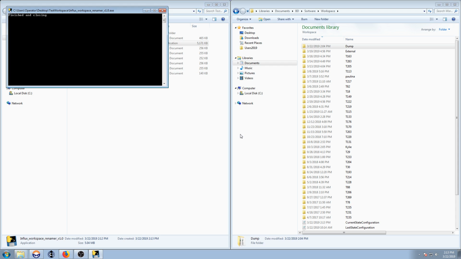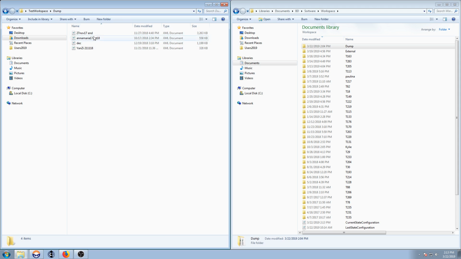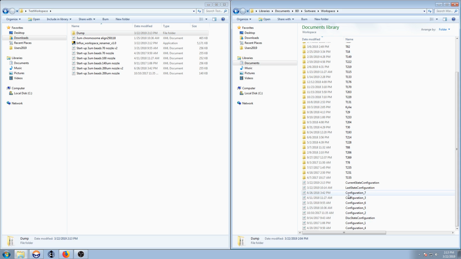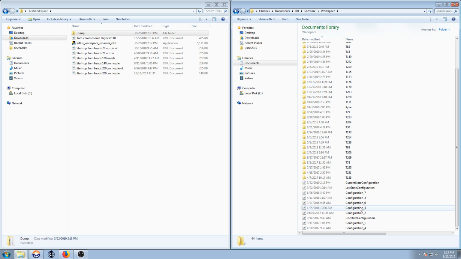You see it runs Python, it runs the script, and it's now renamed all the files. These files are still the same files, just with new names. And it's gone and done it in the folders as well. A nice thing we found when we did this was that the software doesn't care about the name of the XML file. So I'm just going to delete these files from my live